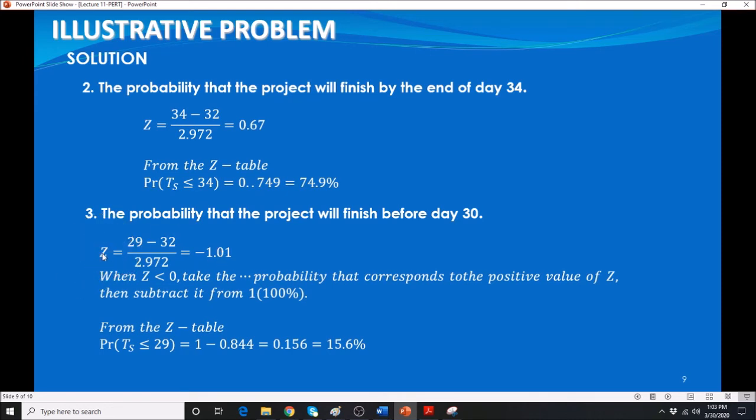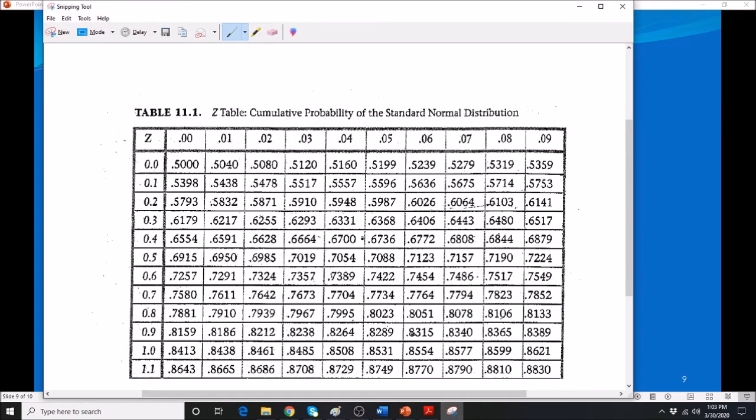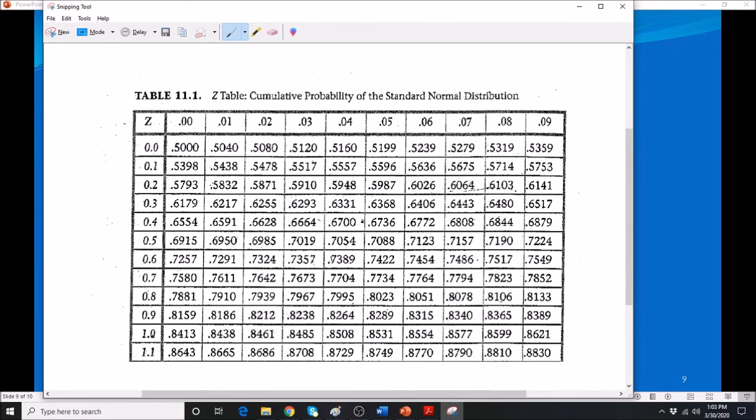And whatever the Z value, we are going to subtract that from 1. Okay, so I repeat, you do that when we have here a negative. So get the value of your Z first in a positive 1.01, and then you subtract that from 1. Alright, so 1.01, where is that one? 1.0, and this is your 0.01. So that will give you